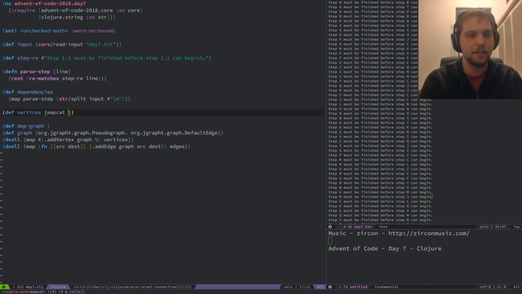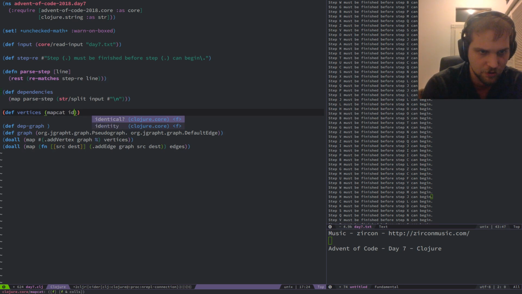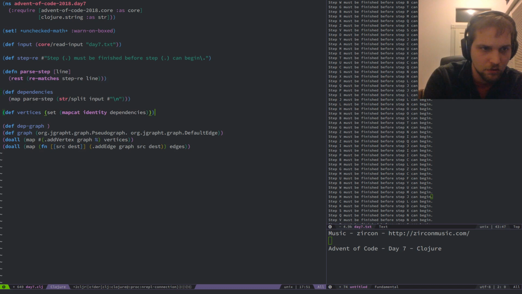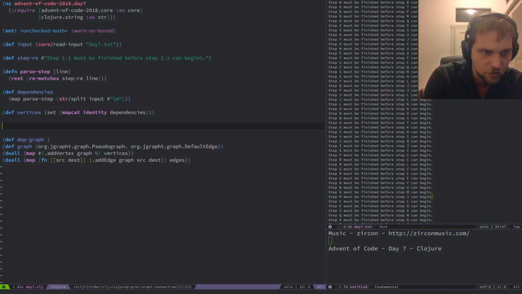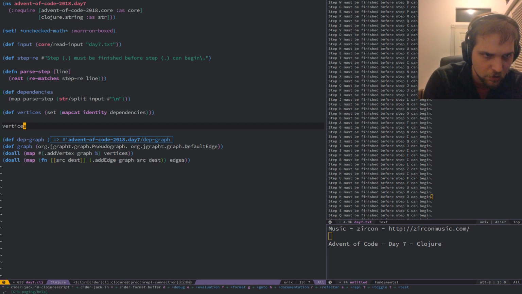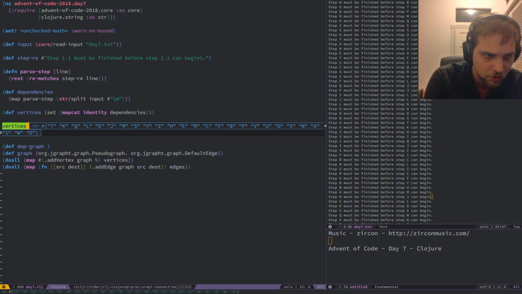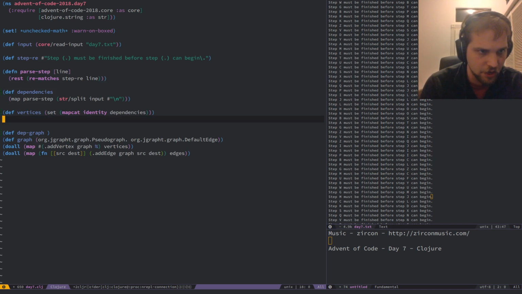Okay, that's it. Mapcat ID, identity, dependencies into a set. Okay, looks good.